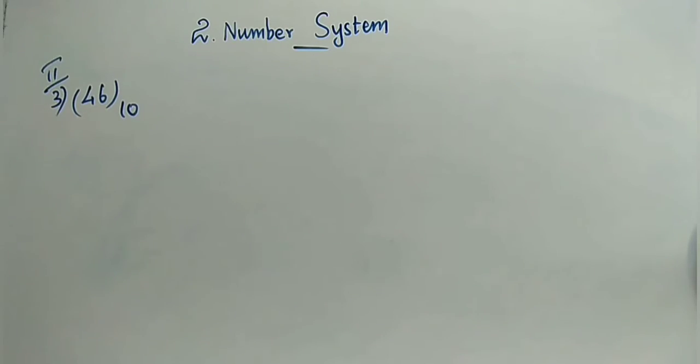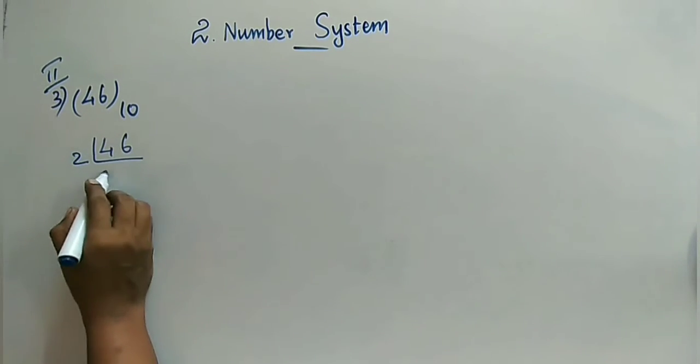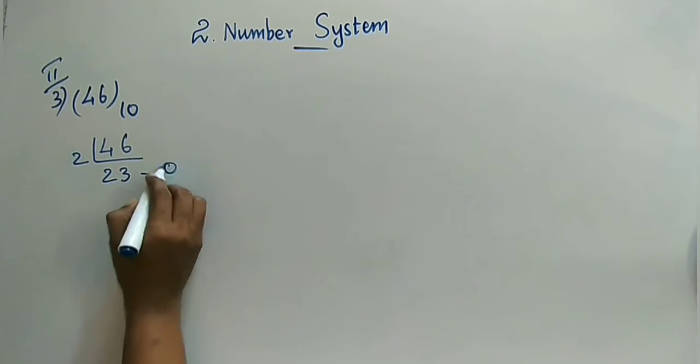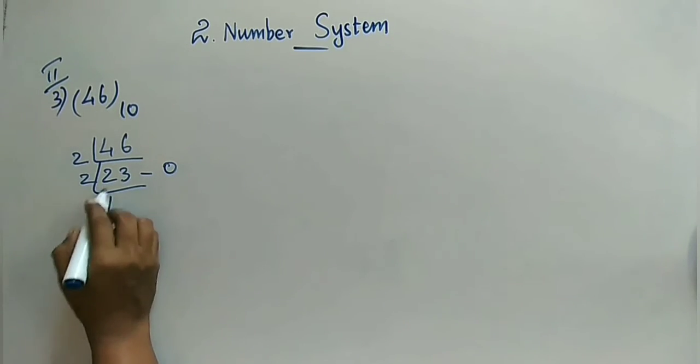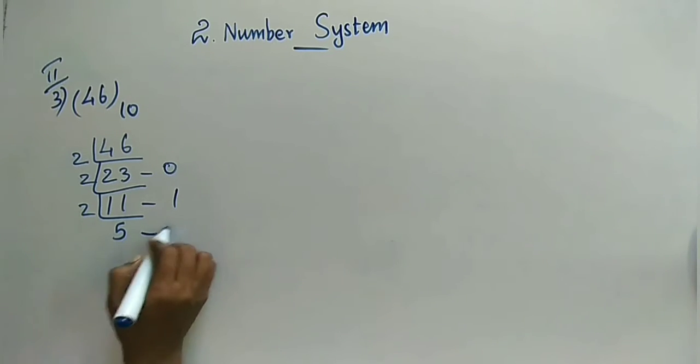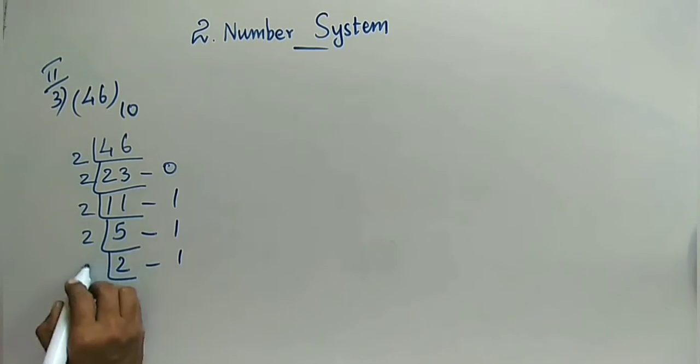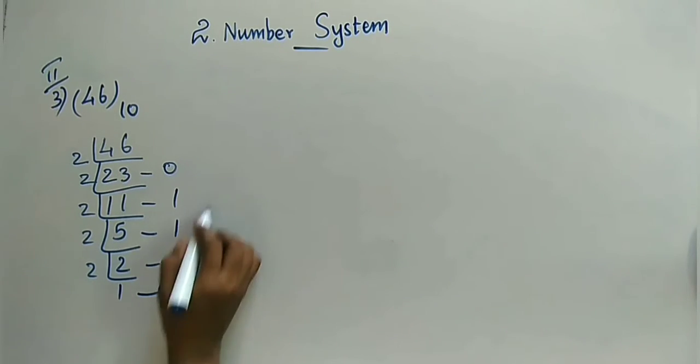By now we are going to discuss the book back problems. That is your part 2, third problem. Convert 46 to the base 10 into a binary number. How do you proceed? You have to do repeated division by 2. Like this it will go on. 2 1s are 2, remainder 1. 2 5s are 10, and the remainder is 1. 2 2s are 4, remainder is 1. And 2 1, and here is your answer.